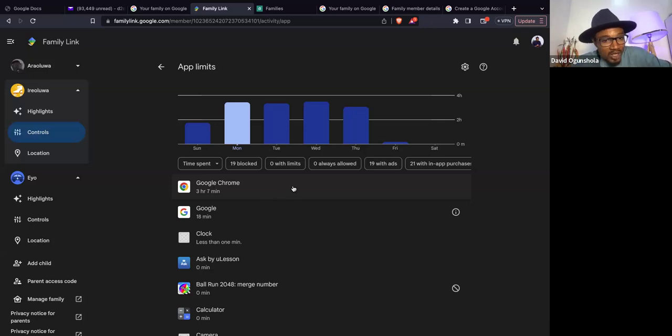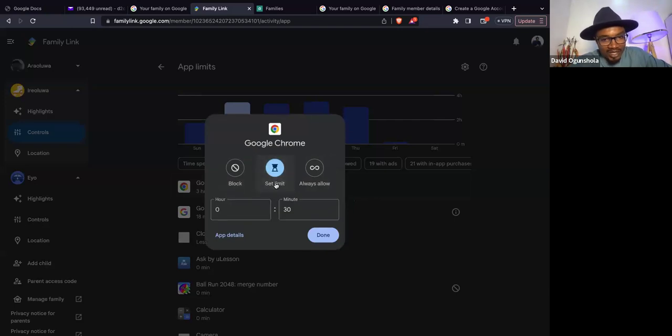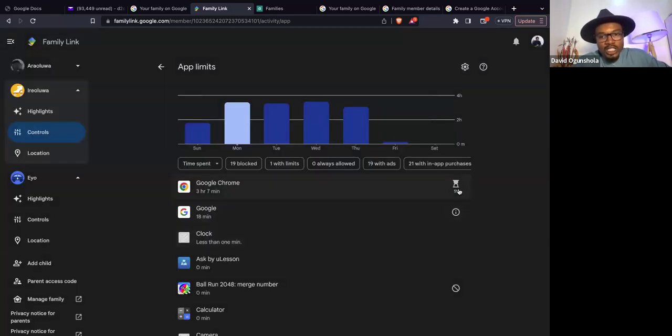So if I want to say even this Google Chrome now, nobody works again, I can either block it. So here are the options: block or set limits. If I set limits here, I simply say 1 hour, 0 minutes. What that means is you cannot spend more than 1 hour on Google on this tablet